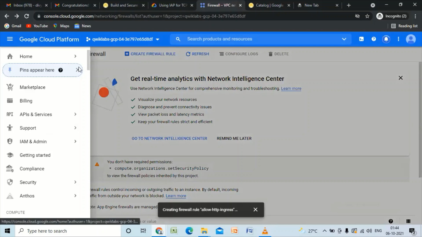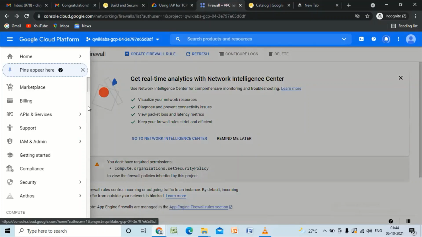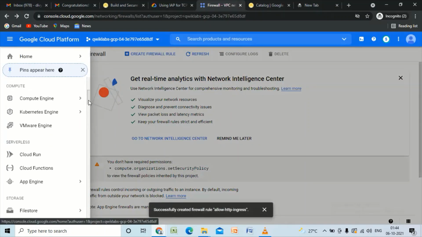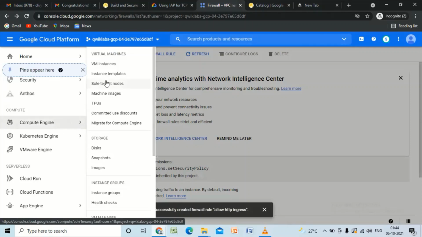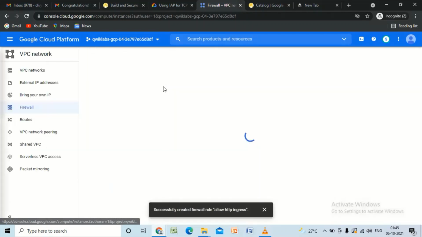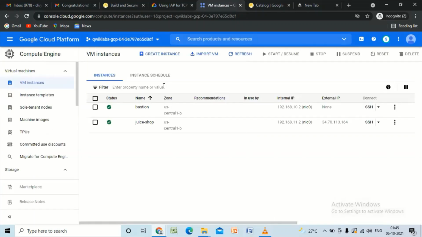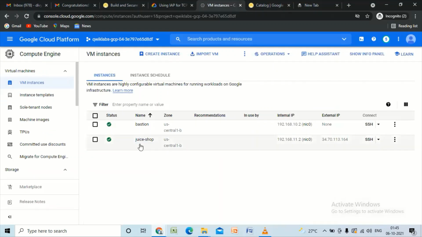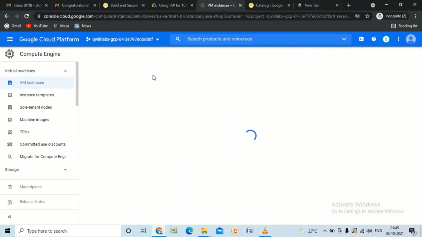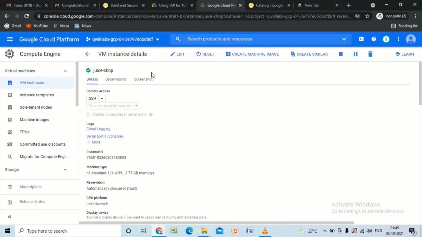Now we need to go to Compute Engine, VM instances. Click on Juice Shop. Edit.